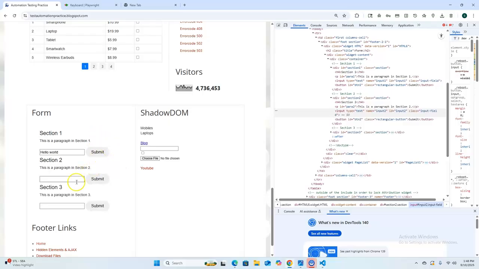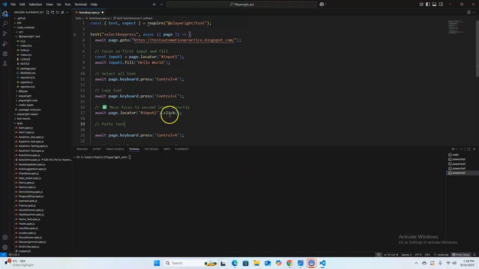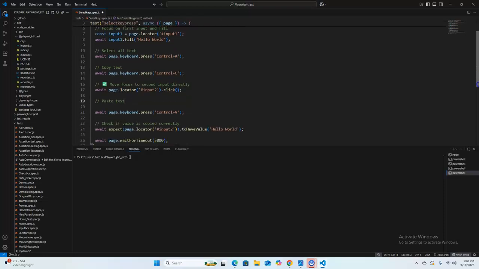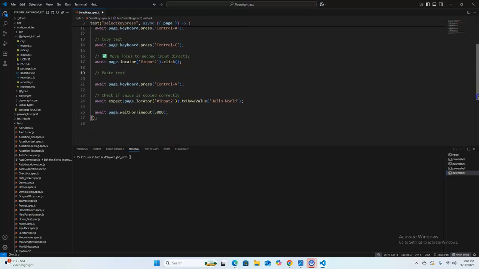Suppose our focus is not there, then we cannot paste directly. We have to click first. You can see the focus there, the cursor, and now we will be able to paste it. That's why we are using the click method. Once we focus there,